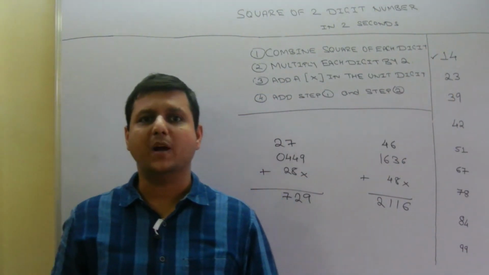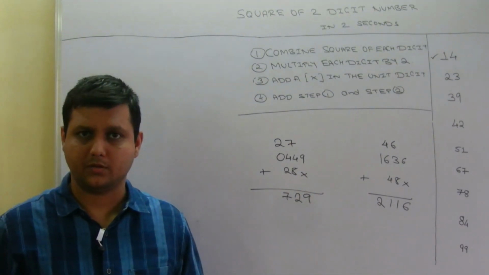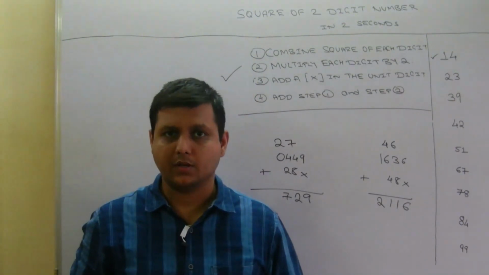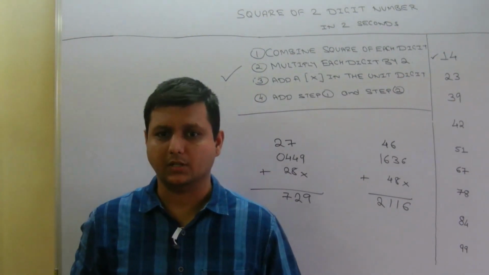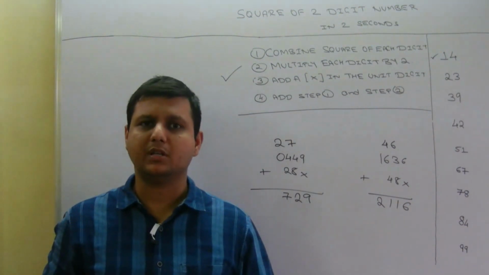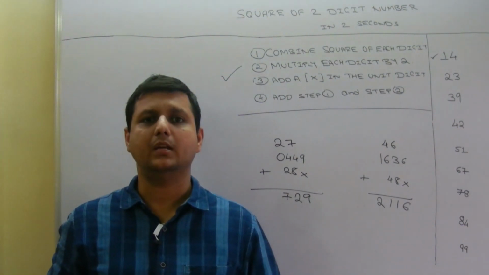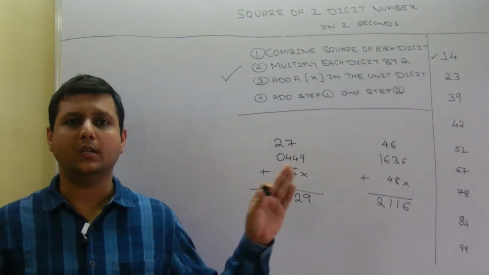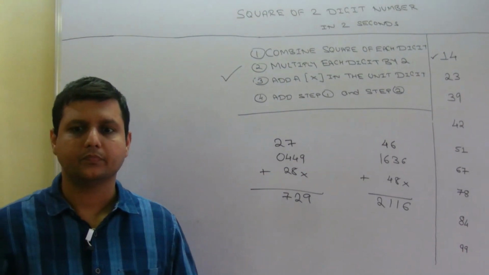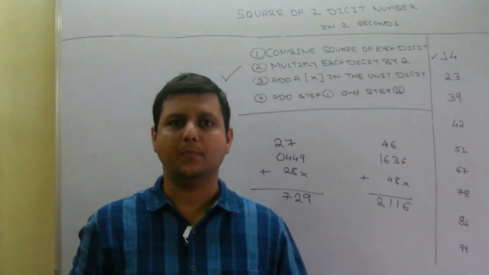On the left hand side, you might have noticed two-digit numbers for which we are going to find out the squares. And on the top, we have the rules which we are going to follow to accomplish the task. Let's begin. My friends, before we start, why don't you pull out the books from your bag and let's see who can solve the square of all these numbers in the least amount of time. And let me remind you, once you are done, do comment your completion time.